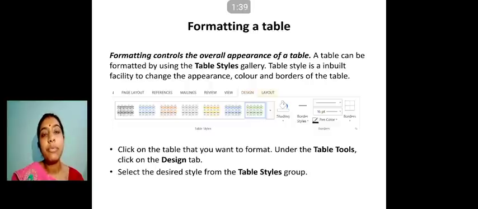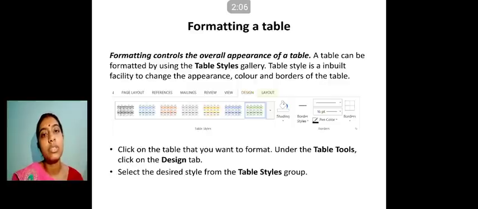A table can be formatted by the table style gallery. This option is available in MS Word, and there the table can be formatted very easily by predefined styles. So there is a tab or say a gallery of table styles. In table styles, an inbuilt facility is provided, meaning already designed tables are there.